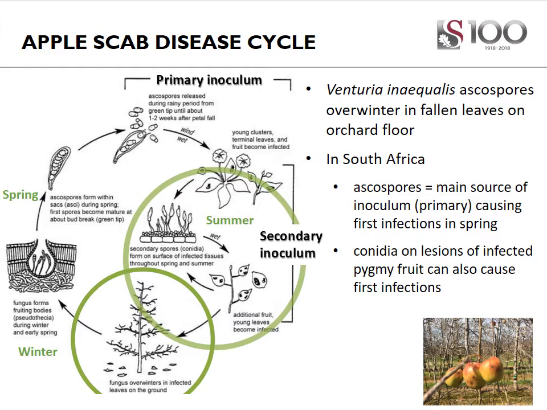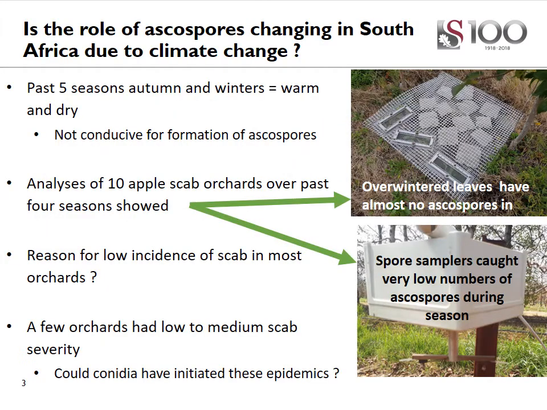In South Africa, ascospores have always been known as the main source of primary inoculum, causing the first infections in spring. It is also known that in orchards with pygmy fruits, infected pygmy fruit conidia from the fruit lesions can also cause primary infections. So the main question being asked was, is the role of ascospores changing in South Africa